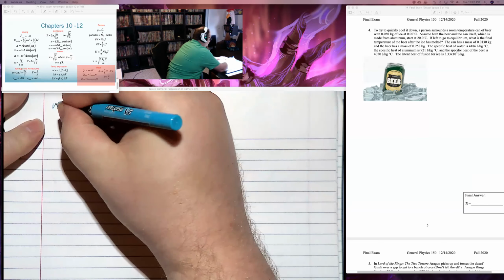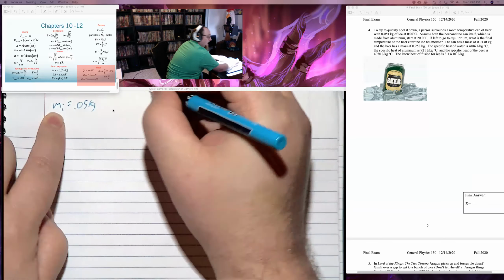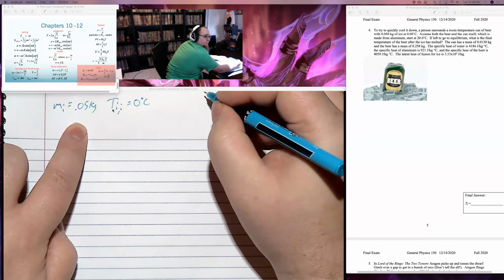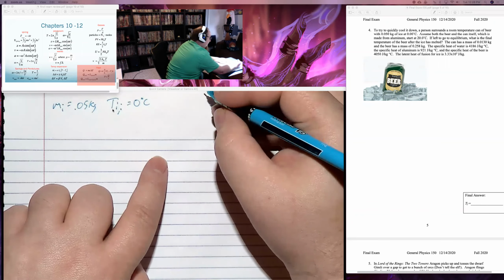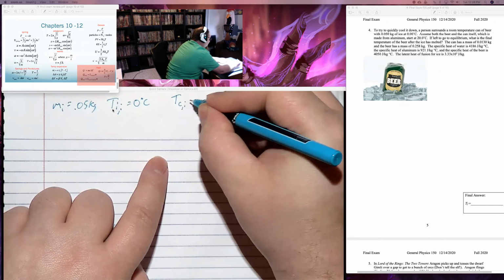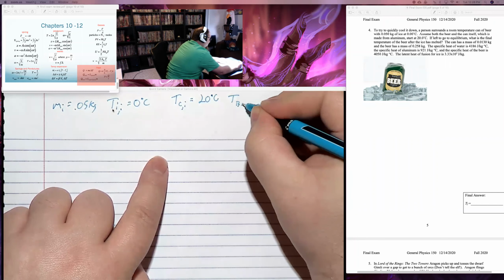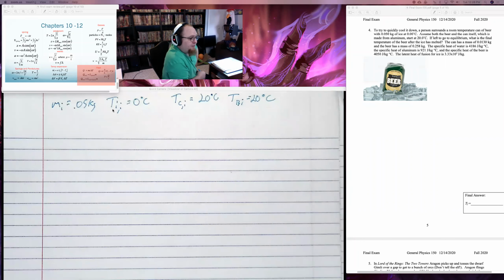So I say we have 0.5 kilograms of ice with a temperature, ice initial, of 0 degrees. We're going to mix that with a beer with a can. So we have a temperature of the can initial of 20 degrees, but also the temperature of the beer initial is 20 degrees. If left to go to equilibrium, what is the final temperature of the beer after the ice is melted? And then I give a bunch of masses and specific heats. I'm not going to bother writing all of them down.